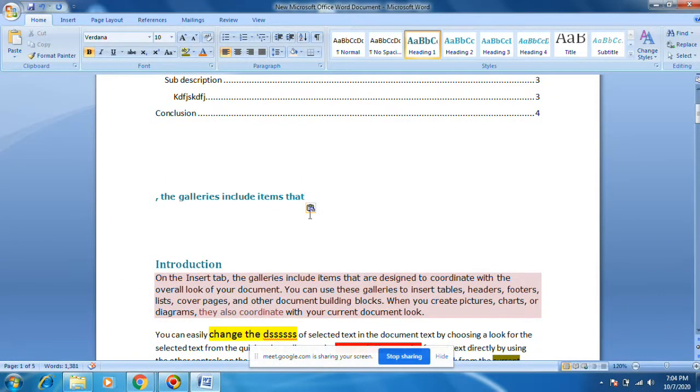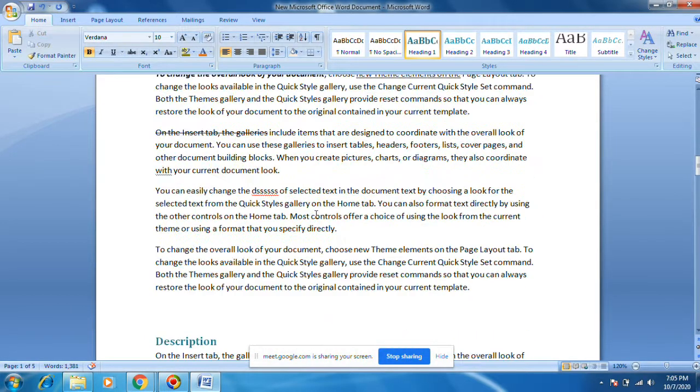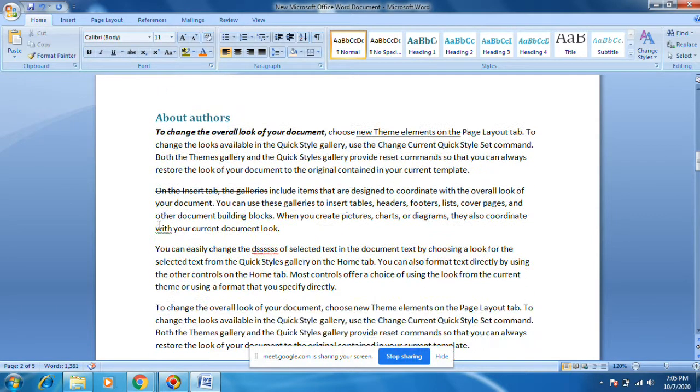Now, what I did: I have formatted something called strikethrough, and I want to keep the same format here also.